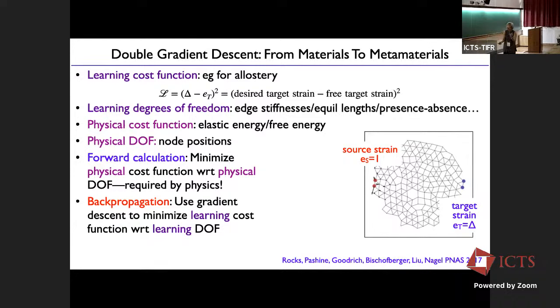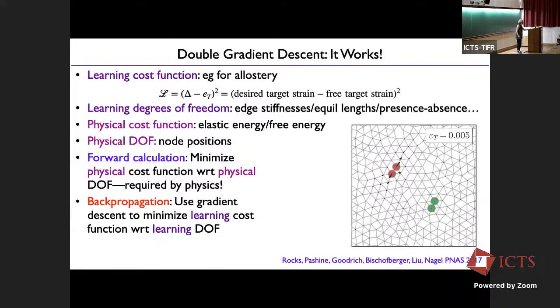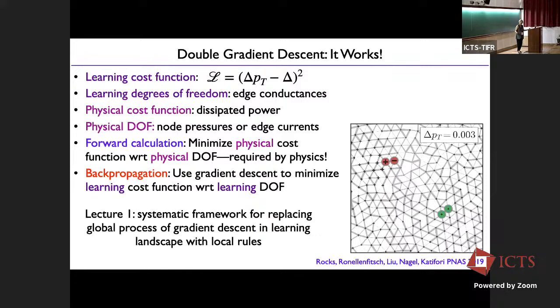And then last time, the point of yesterday's lecture was to say that we have developed a systematic framework to replace, and the same goes for the flow problem, it's the same thing. We replace the pressure drop or the voltage drop across a given target edge, for example, with, we want that to be the same as delta. So we minimize this, and it's the same process of minimizing in this dual landscape